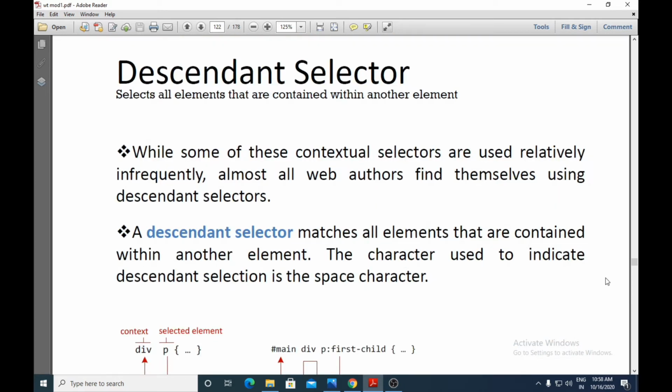Here they have explained only the descendant selector first. We saw that it selects an element which is contained anywhere within another element, so it selects all elements that are contained within another element. While some of these contextual selectors are used relatively infrequently, almost all web authors find themselves using descendant selectors.